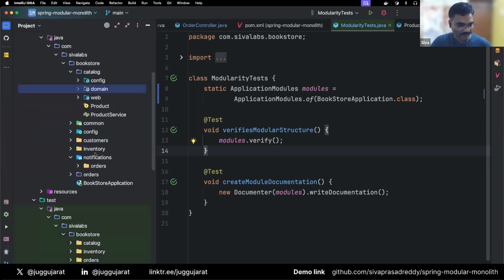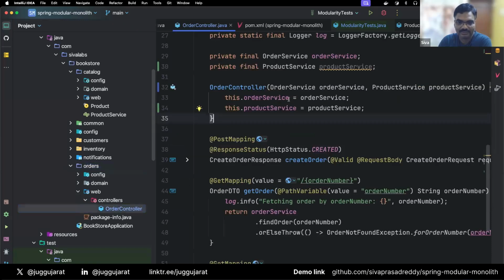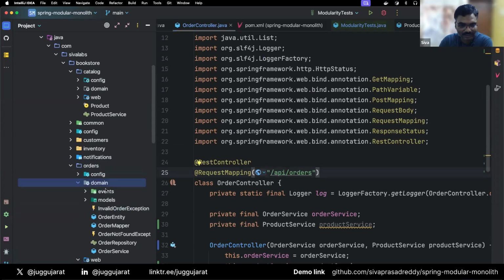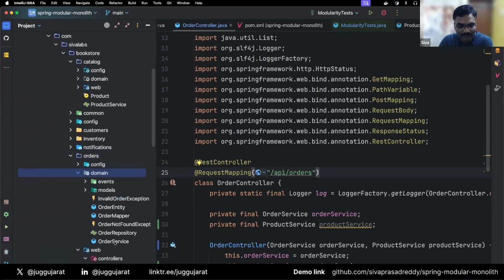For example, if you check the orders package, we don't have any public package, because this is only exposing the API through REST API endpoints, and nobody is calling this directly, so there is no public API. Only API endpoints are exposed. From here, it can call domain, and it can call service and everything. That is fine. But along the way, it also will publish an event,